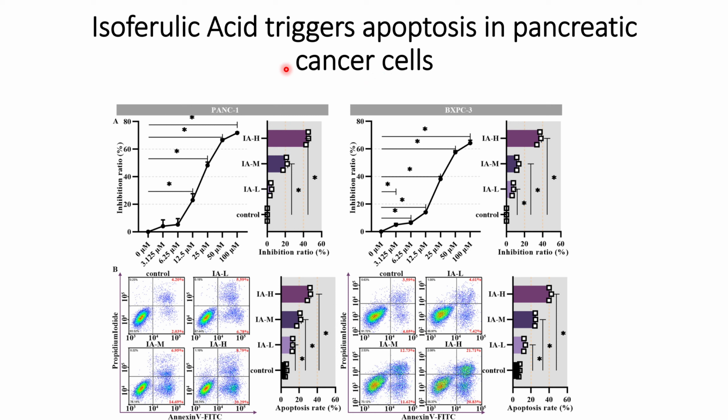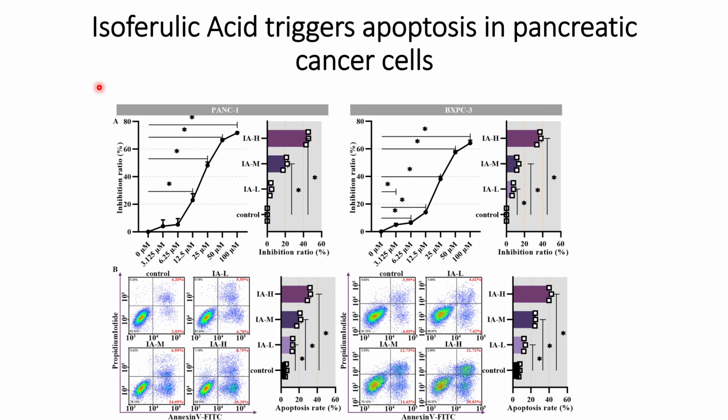So they wanted to check whether isoferulic acid has some anti-cancer effect or some negative impact on pancreatic cancer cells or not. In order to check that, they started with two different PDAC cell lines, that is, pancreatic adenocarcinoma cell lines, PANC1 and BXPC3. They first did a dose dependent CCK assay, or indirect apoptosis assay,